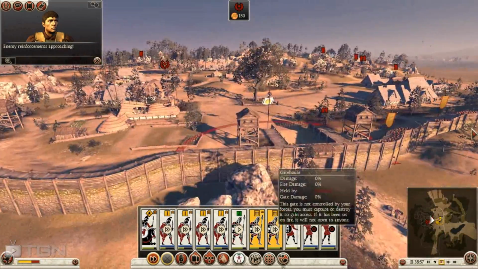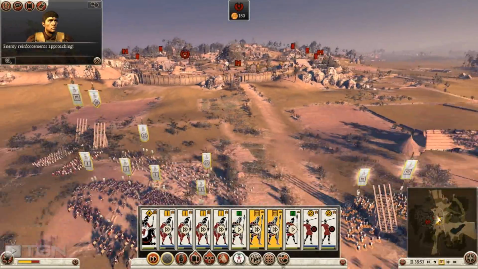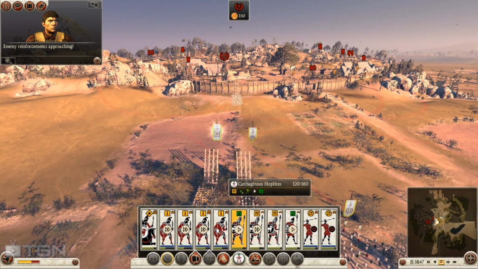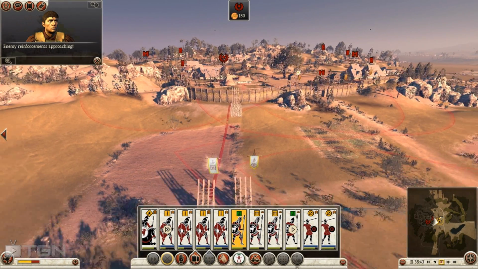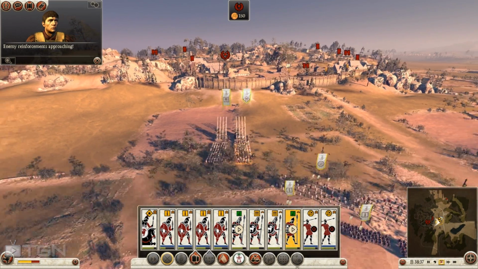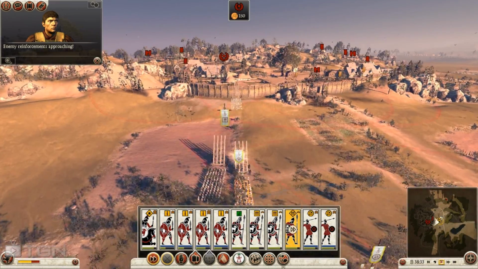And then as soon as I get in, I'm going to try and use my units to capture this gate to allow the rest of my men in. I hope they're not trying to take the ladder to the same position. They are. Apparently there's only one. There's only one ladder position up there. So